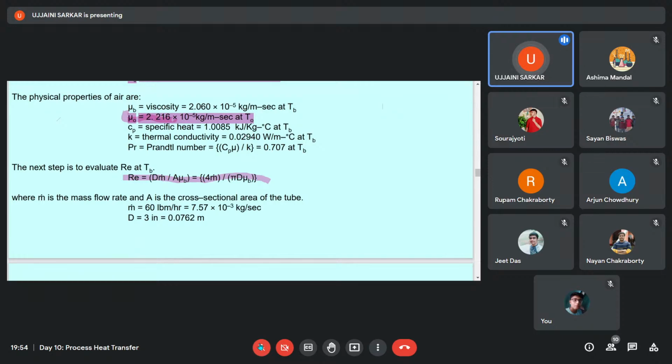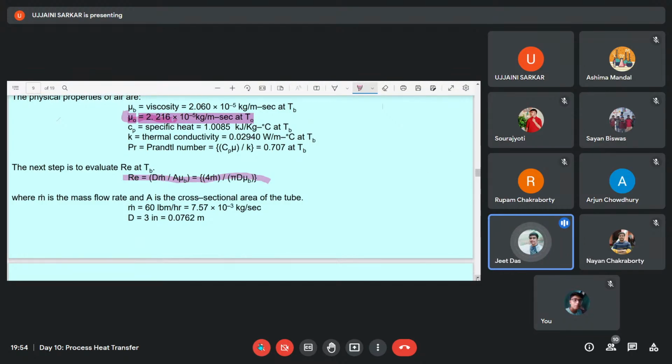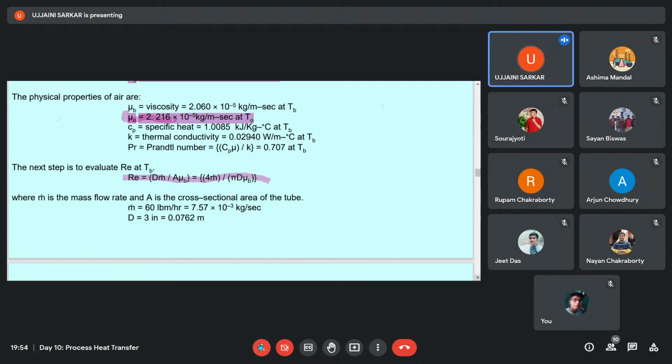তোমার কি 0.0707 এসেছে? 7 পয়েন্ট সামথিং ইন্টু 10 টু দি পাওয়ার -4 আসছে। না হলে তো 0.07 হয়ে যাবে। তুমি ঠিকভাবে ভ্যালুগুলো বসাও। কে ভ্যালুটা ডিভাইডেড বাই 0.02940 করেছো, সিপি হচ্ছে 1.0085। ইয়েস ম্যাম, 0.707 আসছে। ওই কিলো জুলটাকে জুলে কনভার্ট করে নিতে হবে, কারণ এটা তো ওয়াটে আছে। আর ভিসকসিটিতে কেজি আছে, সো কেজিটাকে বদলাতে হবে না।